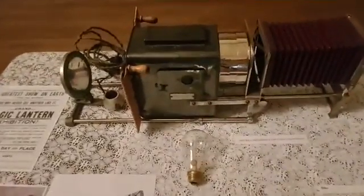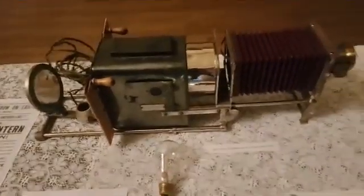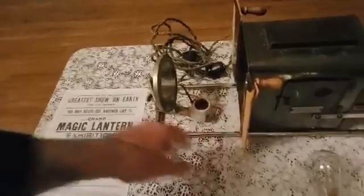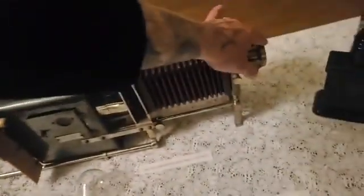Here's another example of a magic lantern. This is from the 1880s. This is a Williams, Brown, and Earl magic lantern. They were out of Philadelphia, and this has a light bulb added to it, so this was electric. You had the reflector in the back to allow more illumination to go through. The double lenses here, you put your slides into here, and of course it came out through the lens, and